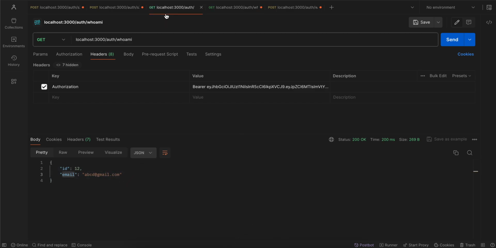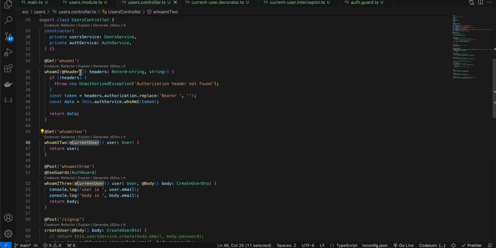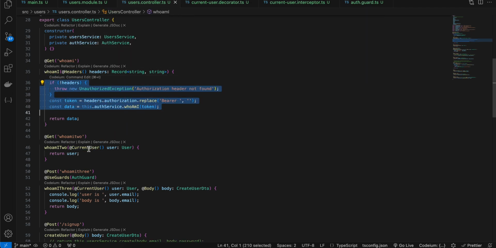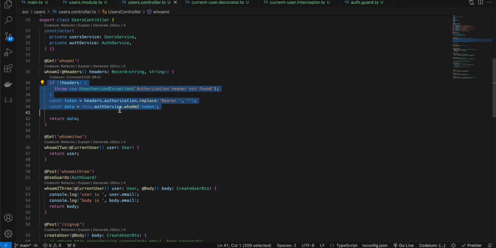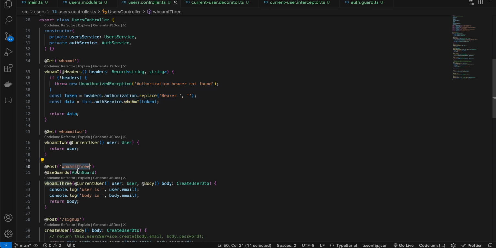Now this API Who Am I and Who Am I 2 are really similar, but if you follow the Who Am I logic, you will have to write this bit of duplicate code everywhere. But this current user wraps all this external logic inside the interceptor and decorator, so we don't have to write it for all the APIs. So that's one difference. Now there is another API which I have created, Who Am I 3,